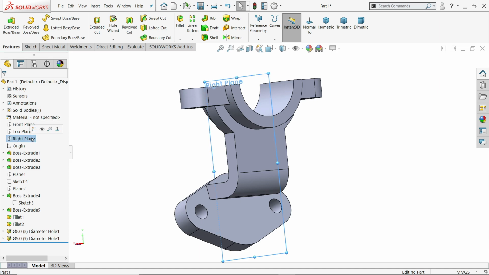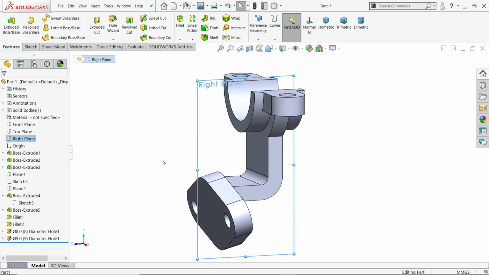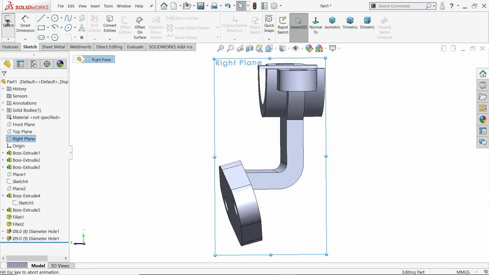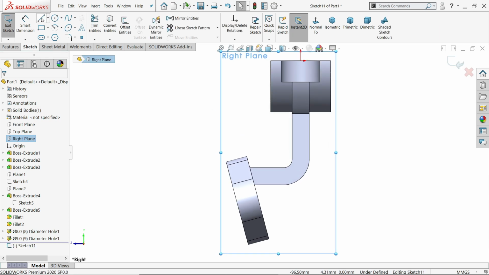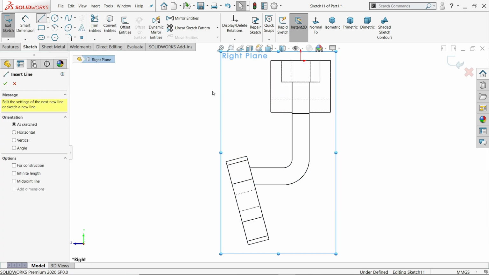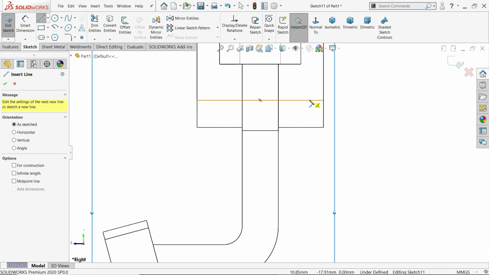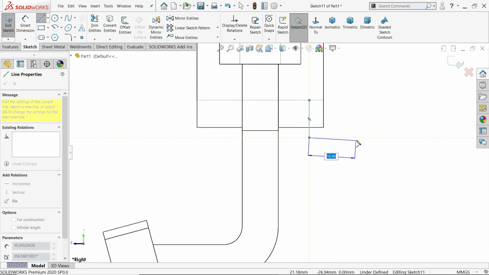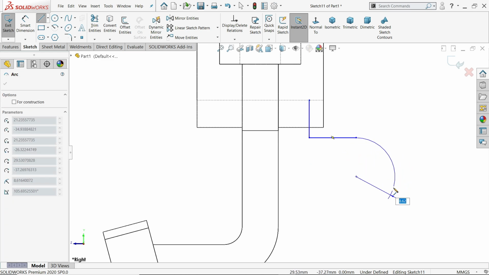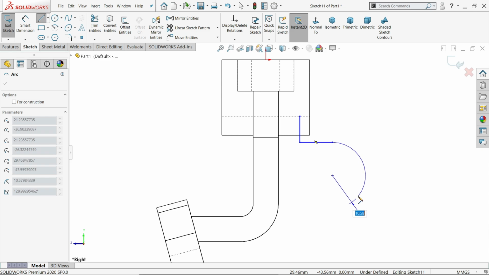So for this, right plane is perfect. Sketch. Okay. Now I'll show hidden line. Click line. Start with this line because this is the circular line. Go back and see your line will convert automatically into an arc.